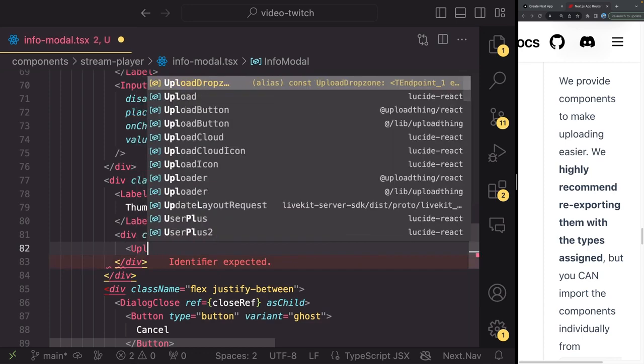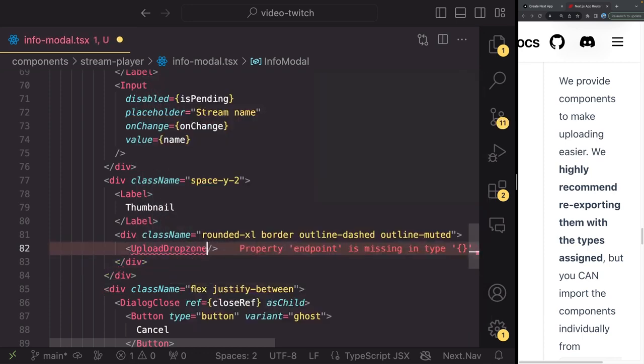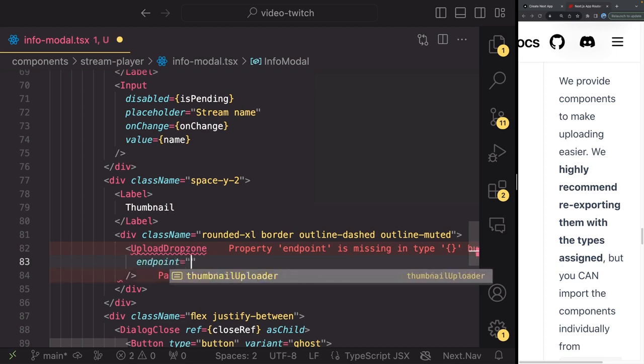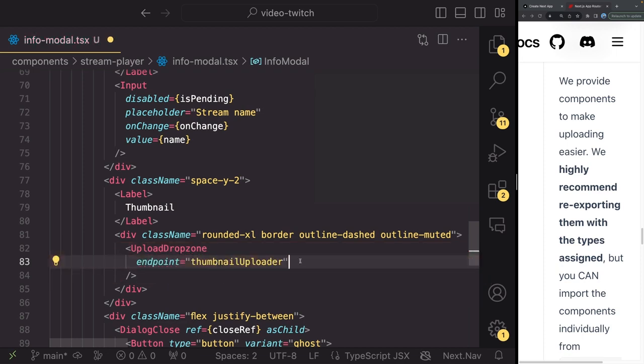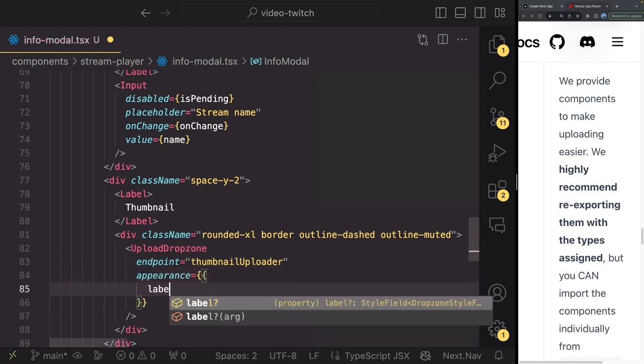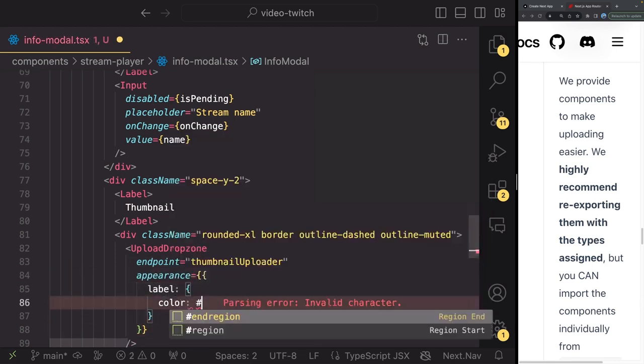And now let's render the upload drop zone, which we imported from the lib folder. And here's the cool thing, we can pass the endpoint now, and as you can see, it auto-completes to our thumbnail uploader, which is defined all the way in our API, so we completely own this endpoint. And now let's give it an appearance prop, and let's change the label to use the color